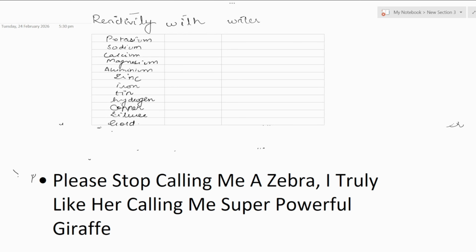When we talk about the reactivity series and their reaction with water, potassium reacts violently, right? As it's the most reactive one. What about sodium? Quickly. Okay. What about group 2? Is the reaction of group 2 similar to group 1? Is it as violent as group 1 or a bit slow? Bit slow. So it reacts slowly with water, or reacts less strongly. Same goes for magnesium, which is in group number 2.